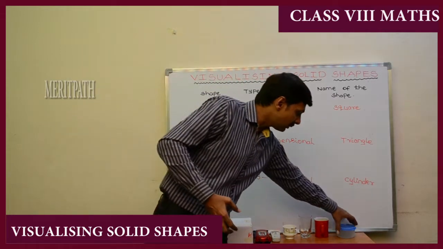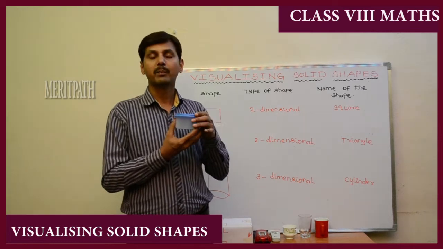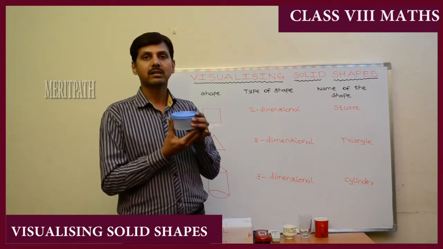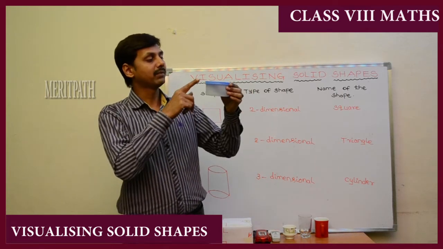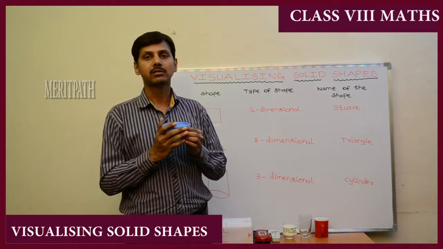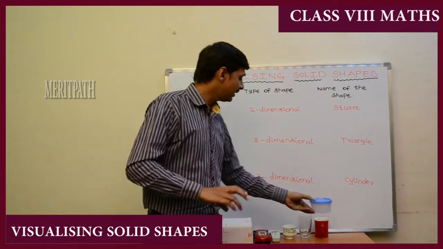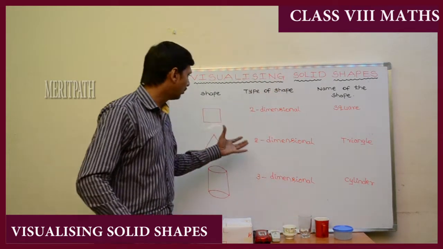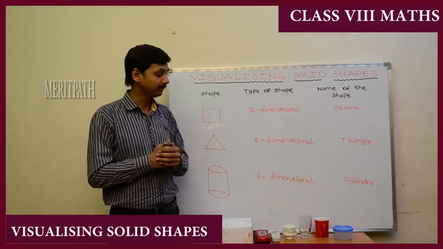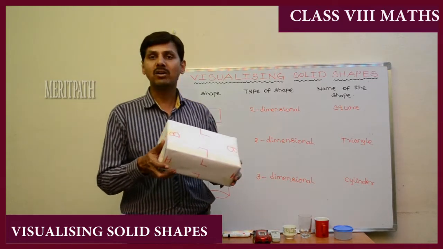Let's take this bowl. This is also having three dimensions. Because the height we see and the breadth we have taken for the cylinder, in the similar manner we'll take it here. So height, width and depth, three dimensions. So we call this a three-dimensional picture. When we draw a picture on the board, it will be a shape of two dimensions because we have length and breadth. So let us take a cuboidal box.